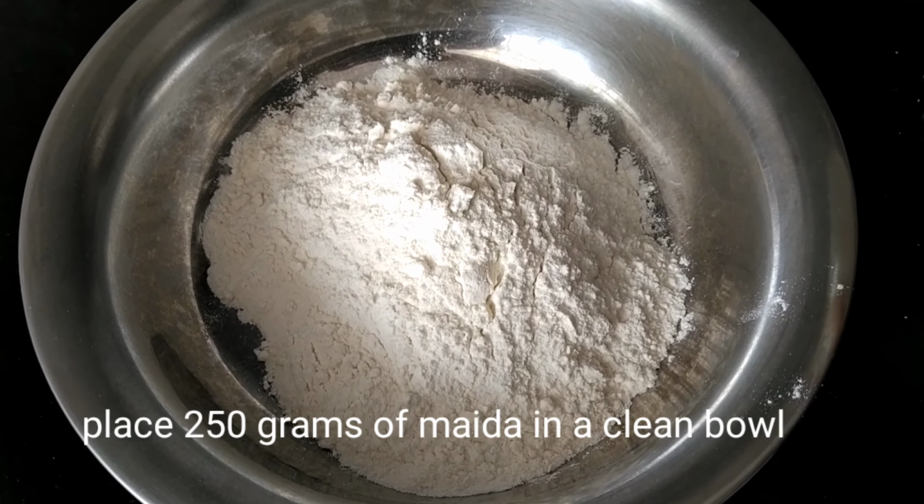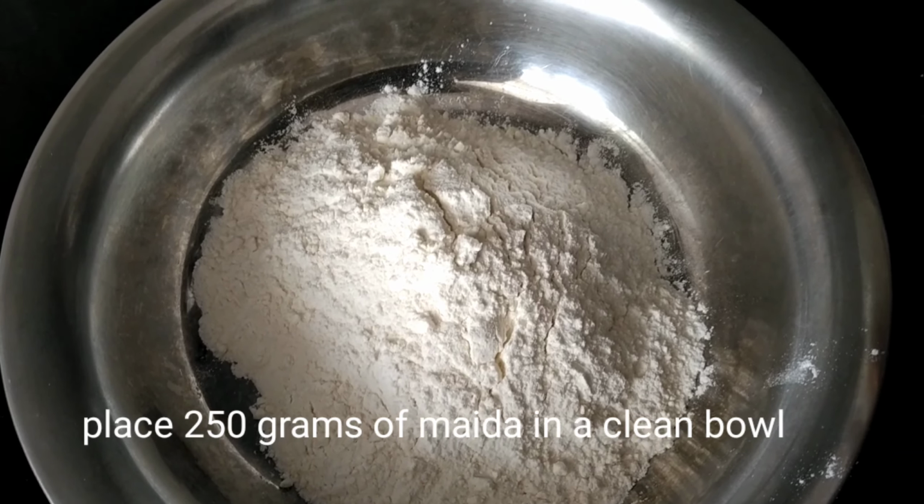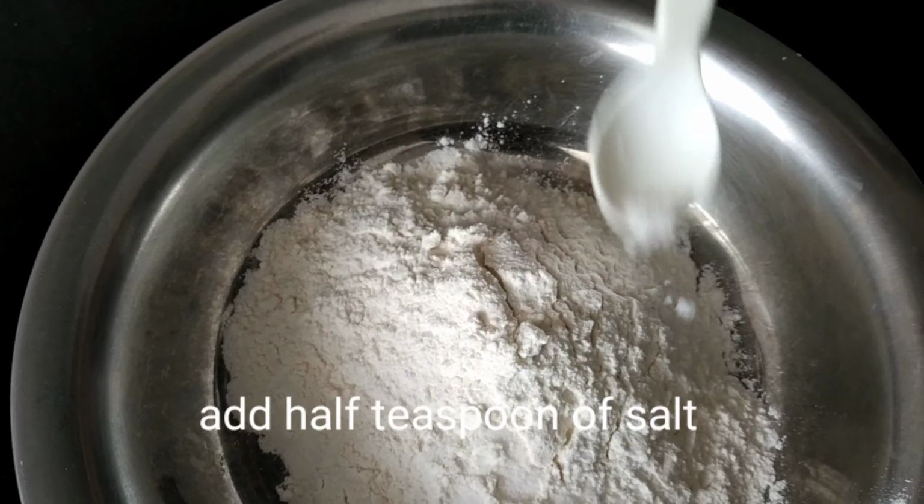So now the maida is ready, and the next step is that we need to add the yeast. We will mix this yeast with the dough to make it fluffy, and then keep it aside for 2 hours to ferment. Place 250 grams of maida in a clean bowl. Now we have taken half a teaspoon of salt,